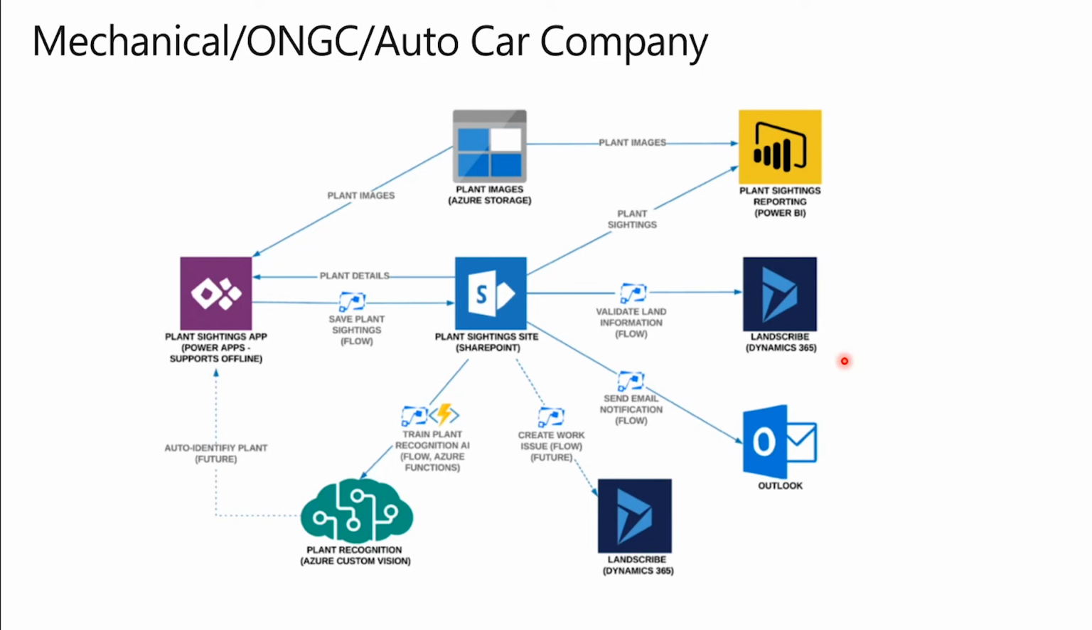Now talking about any kind of mechanical, ONGC or auto car company, what kind of plant images you might have, which you have on Azure storage, you can have a Power App seeing all those images. You can have some kind of insights which are generated through those plant images, and you have those landscapes, meaning the dynamic system is doing all those validations of the information. You have emails being sent as notification on some completed action. You do have another dynamic system to do some kind of work issue flows for the future. You might have some custom vision,